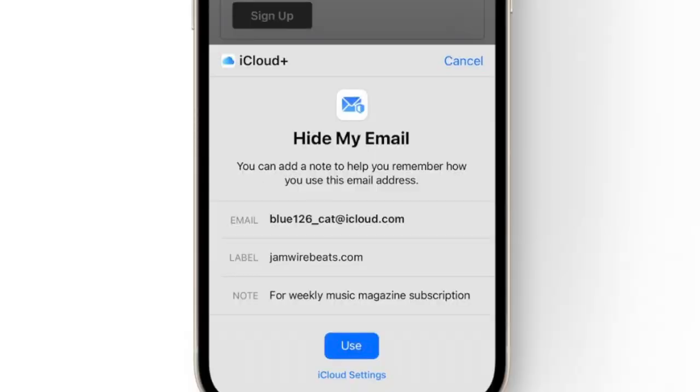This feature allows users to provide a fake email address when filling out a form. This email address will serve as a go-between to the user's actual email address. The new Hide My Email addresses will all be at iCloud.com addresses with random or jumbled prefixes. So if you see an increase in @iCloud.com subscribers, then you can assume that those are hidden emails. This not only means that marketers won't have their users' actual email addresses, which they can use to create custom audiences and different types of targeting, but with Hide My Email, a user can simply delete the fake email addresses rather than unsubscribe from your email.